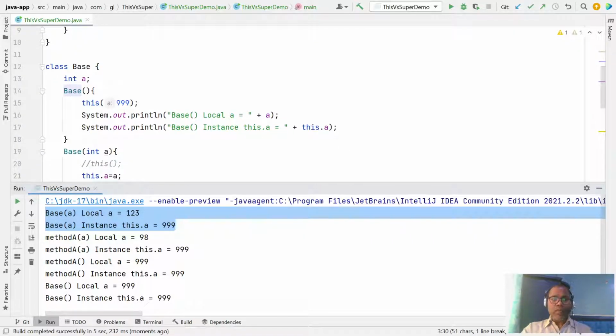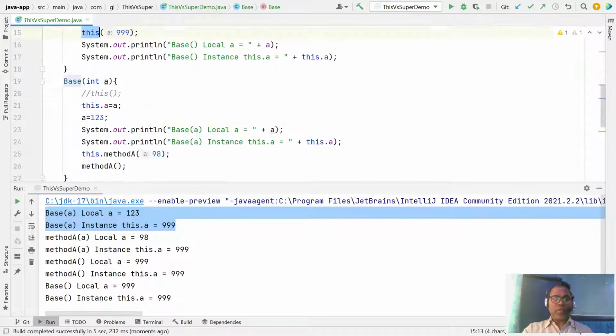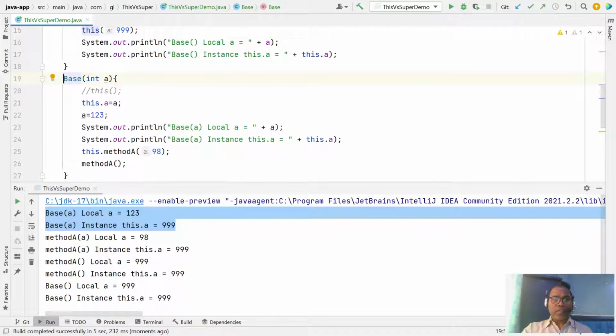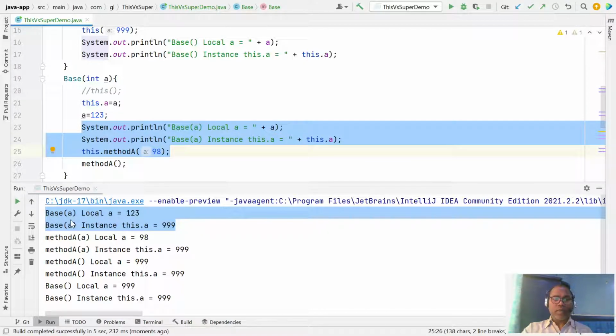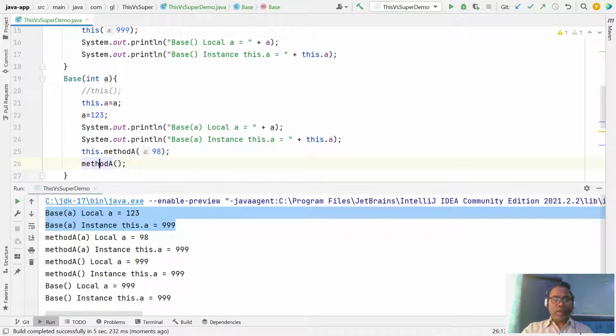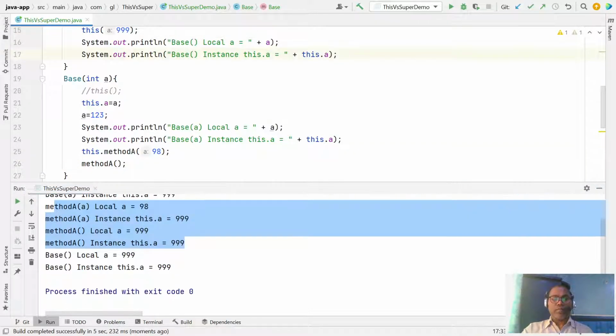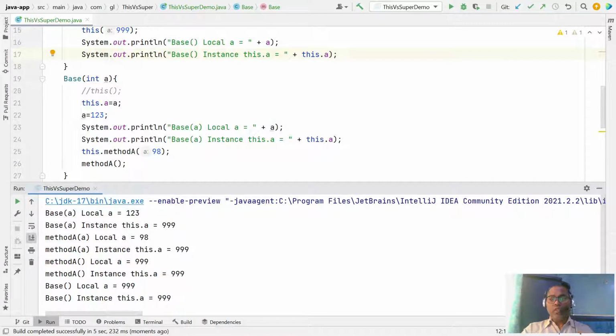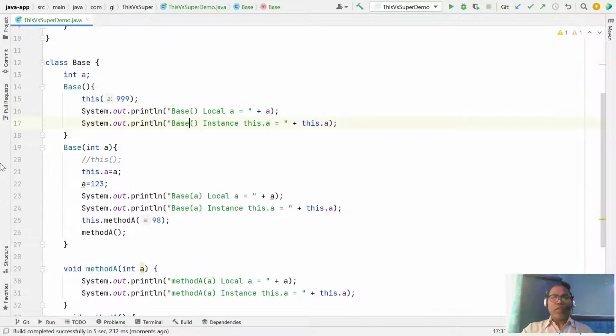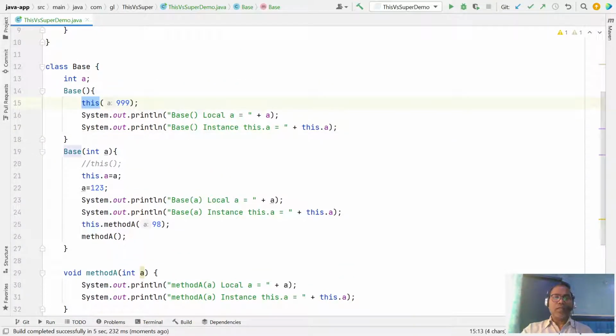So you notice that you are invoking the base constructor first, but it invokes the argumented constructor. The argumented constructor is invoked first, this is the argumented constructor, and after that your method is invoked, and after that the base class constructor prints. Please note that whenever you invoke this dot argumented constructor, your control goes from here to here. So this is the third use of this in the case of the current class.